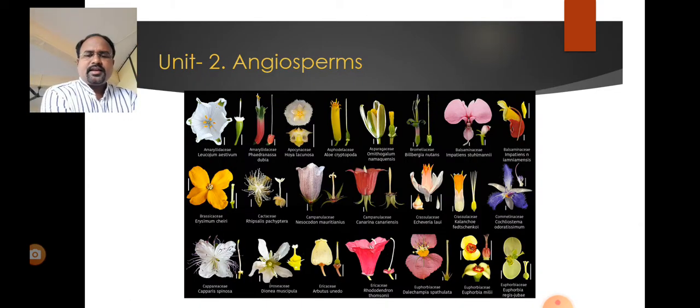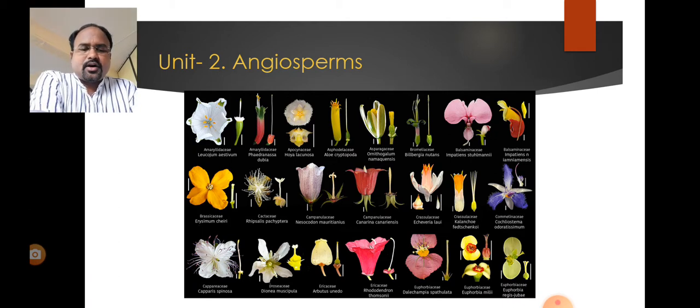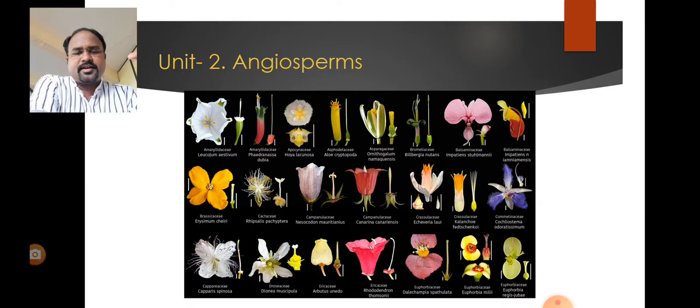Then come to the second unit, that is angiosperm. In that second unit, we will discuss the systematics, objectives and goals of plant systematics. First of all, know what is meant by systematics. Systematics means nothing but a proper study of any group. It may be a bryophyte, it may be an angiosperm, but here in unit two we are basically concerned with angiospermic plants. So what is the objective? Why do we have to study systematics? Then the goals of plant systematics, what we have to achieve after studying these systematics.